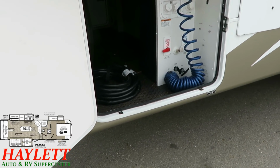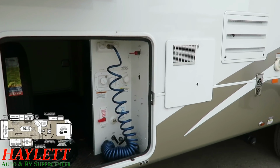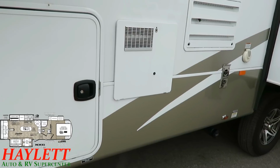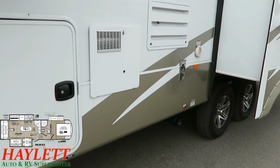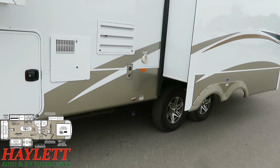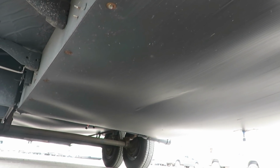It's far more common now, but again, these guys were one of the trendsetters that made that happen. Things like a bigger 10-gallon water heater, still not common in this class and category. All LED tail and marker lights, another trendsetter feature. If we take a look below, you're going to see something very different from almost any fifth wheel other than